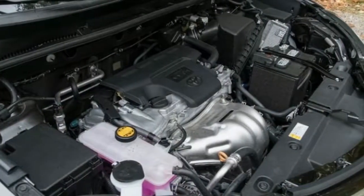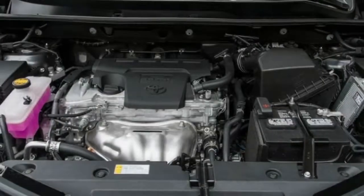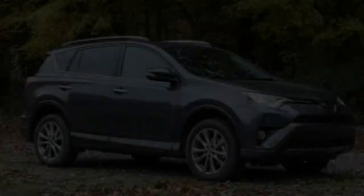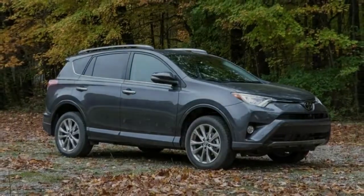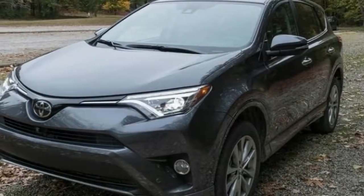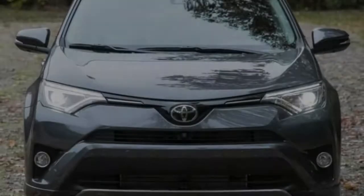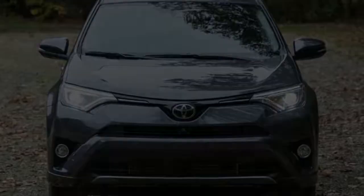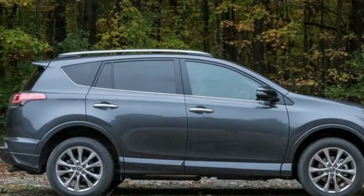360-degree surround camera system. What we like: practicality rules in the RAV4, as this crossover has an open and flexible interior that is well packaged for carrying people and stuff. The back seat boasts ample legroom and headroom, and it also reclines. The RAV4's cargo area also has a low liftover height, making it easy to lift heavy or bulky items into the vast 38-cubic-foot space that expands to 73 cubic feet with the rear seats folded flat into the